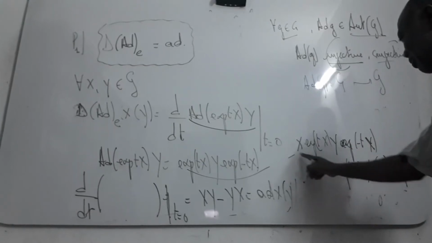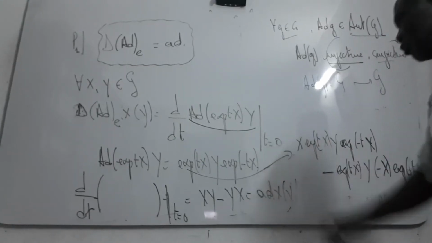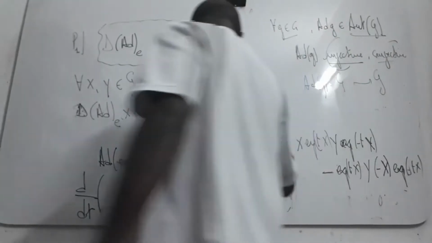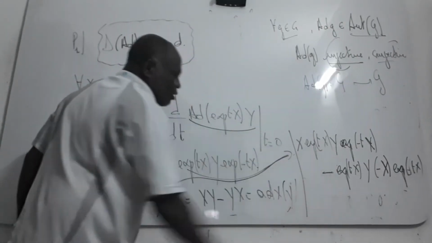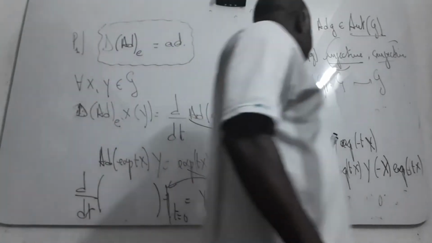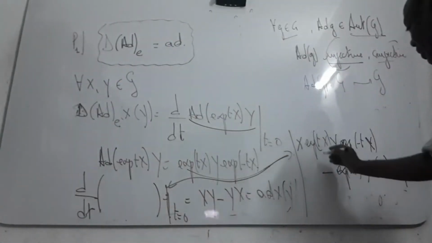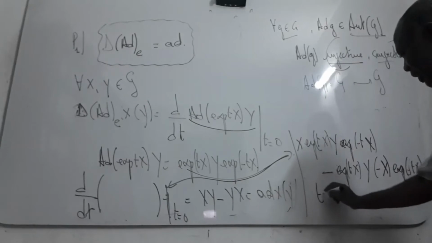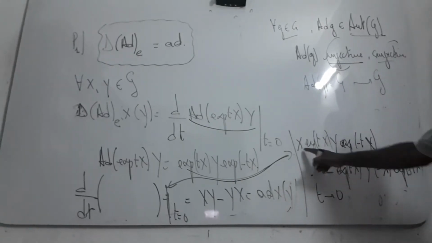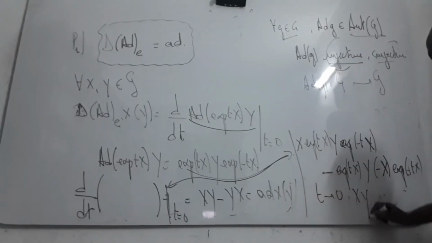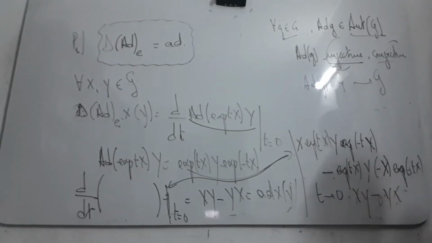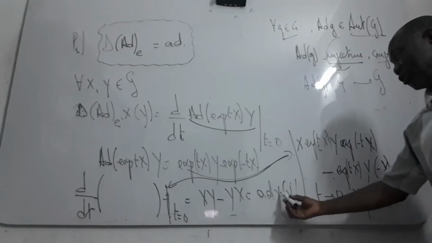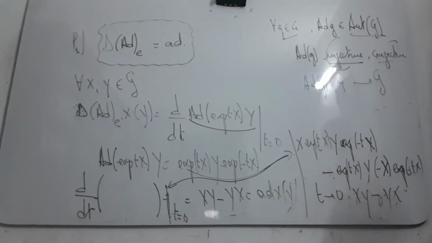If you compute this derivative, you have this form. When t tends to 0, you have XY minus YX